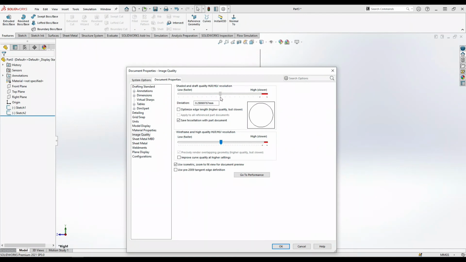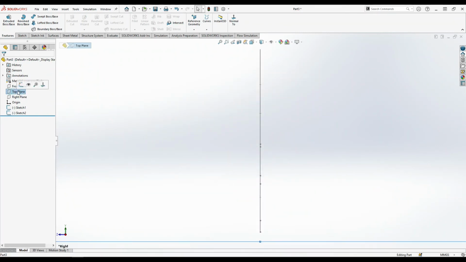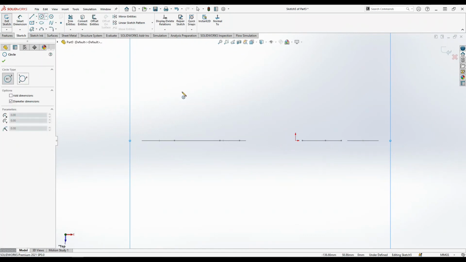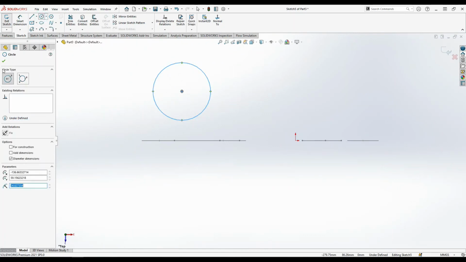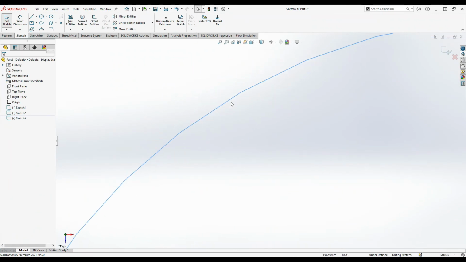So once you click low and click OK, now I want to use the sketch. Click yes. Here you can see this is the file actually. You can see this is making some lines, right?